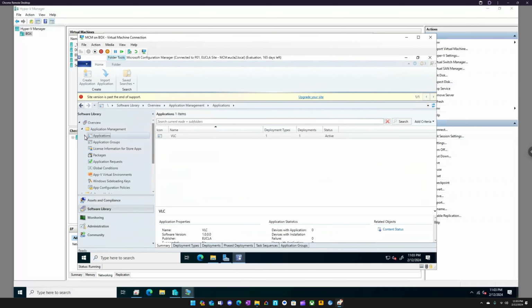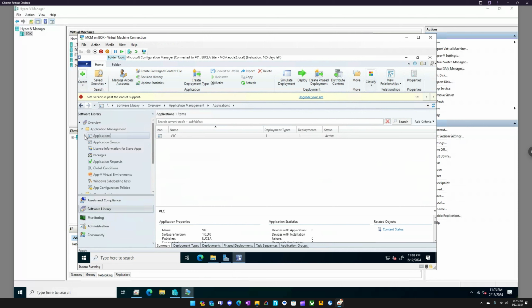Applications. Software Center. Company portal. So now we will be dilly-dallying in both Intune and SCCM. So basically we'll compare them. So we'll do software delivery in Intune, probably the next video, and then we'll go back to SCCM, do driver and Windows updates. Then again, we'll go back to Intune and do updates, all that stuff, and just compare the two. Probably already know the winner, but